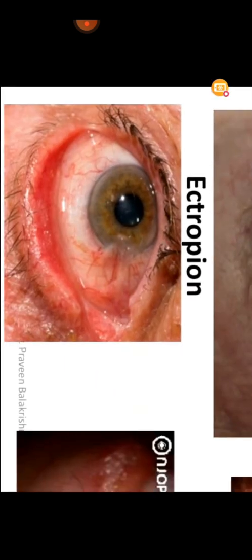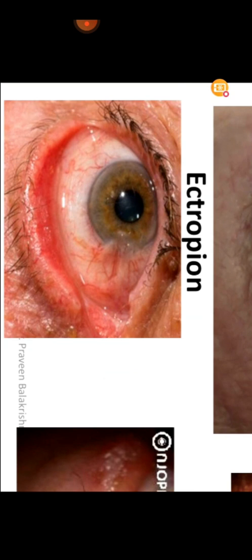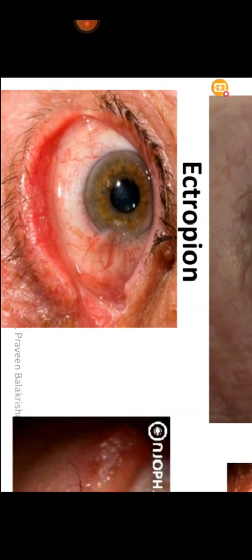Secondly, an ectropion person will also complain of watering of the eye. Why? Because when the outward turning of the margin is there, the tear film that is being produced from the lacrimal gland gets moved out from the eye. So the person will still complain of watering. And since the tear is not standing here, such an eye gets dried easily. So an ectropion person will always complain of dry eyes, and an entropion person will always complain of foreign body